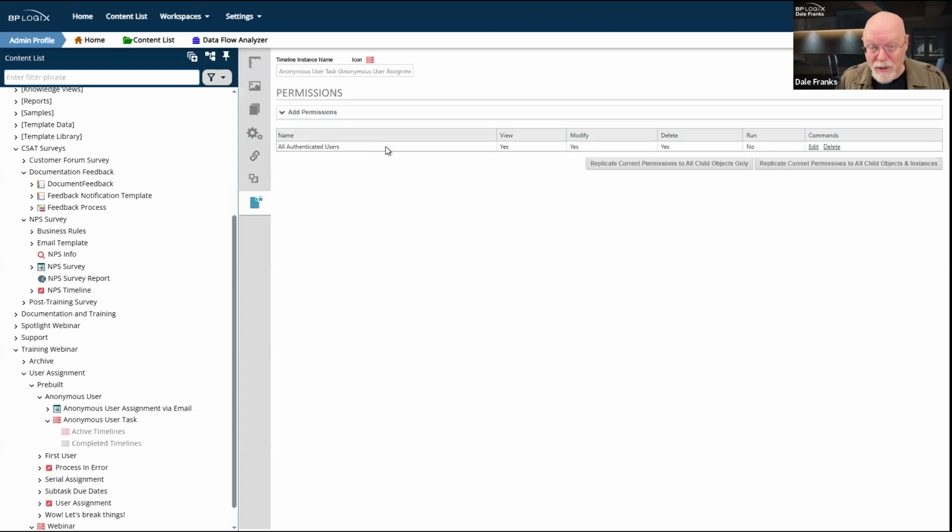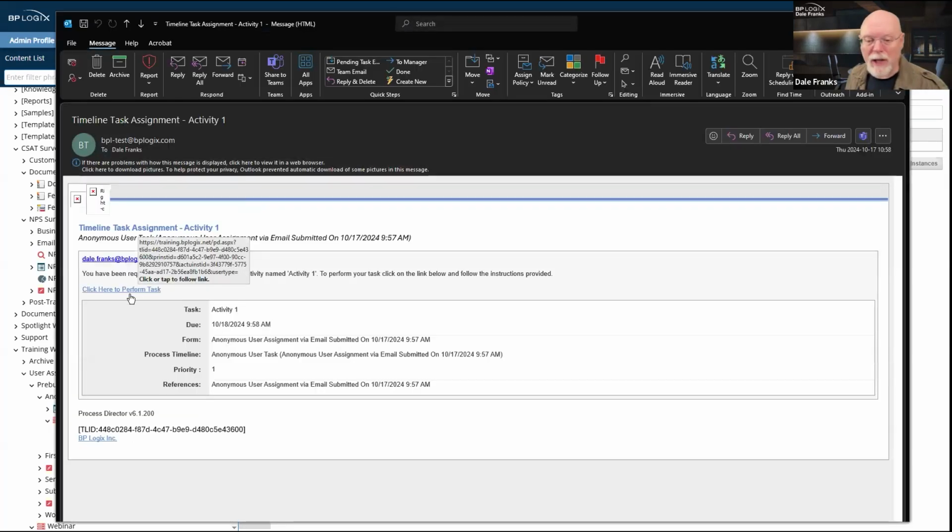Anonymous users don't have access to this form. I could not, as an anonymous user, submit this form. There's no permissions for that. What gives me permission to complete that task is that it sent me a special task link that when I click it, will put me as this anonymous user, not even as this anonymous user, as the clicker of this link. And by the way, it doesn't matter who the clicker of this link is. If I was to forward this email to a third party, they would have the link as well, and they could be the clicker of the link.